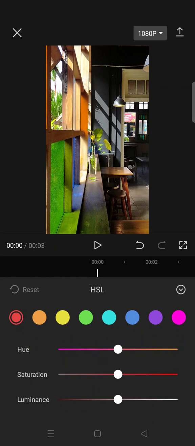Click on the HSL, and for the red color set the saturation to 15 and the luminance -20. And then for the orange color set the saturation to 20 and the luminance 15. Okay, and then click on the yellow color and set the saturation to 20,